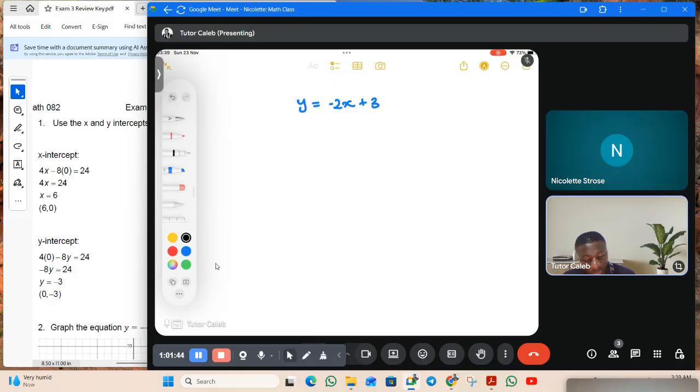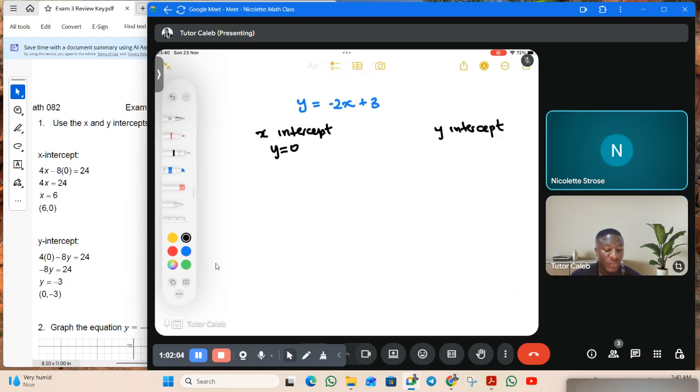So, x-intercept, y-intercept. We know this, that for the x-intercept, the value of y is always 0. Do you agree? Yes. And for the y-intercept, the value of x is always 0. Do you agree? Yes. Now, for the x-intercept, let's go forward to find the other coordinate of the x-intercept